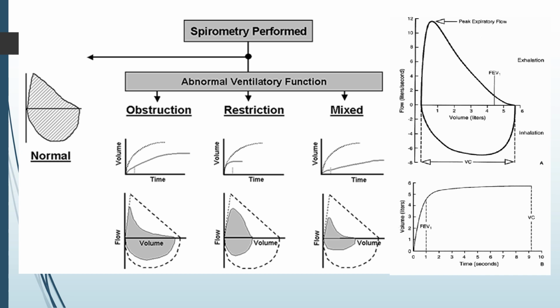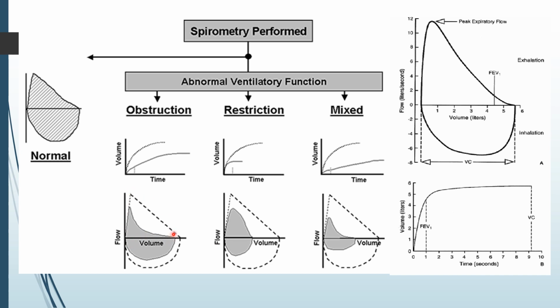Spirometry, these are all the spirometry graphs. So this is what we normally get, the loop. This will be the normal loop when the patient has to take one full breath. So here you can see during the obstruction type how it is. So what is increased and what is decreased. So in restrictive type,